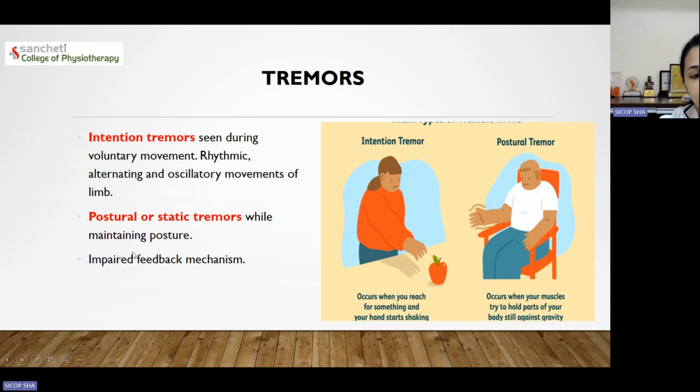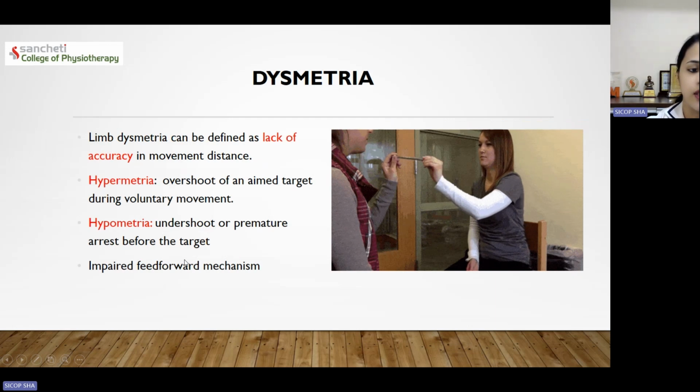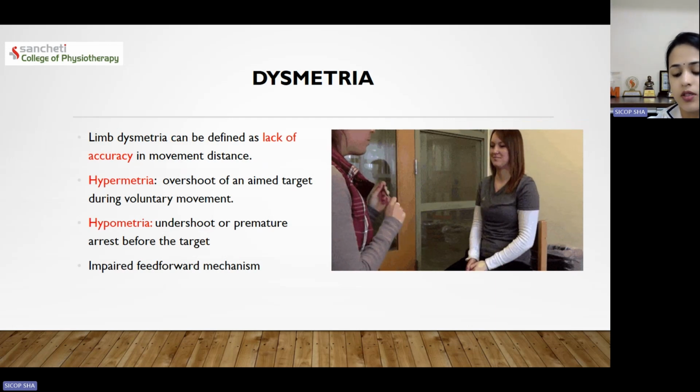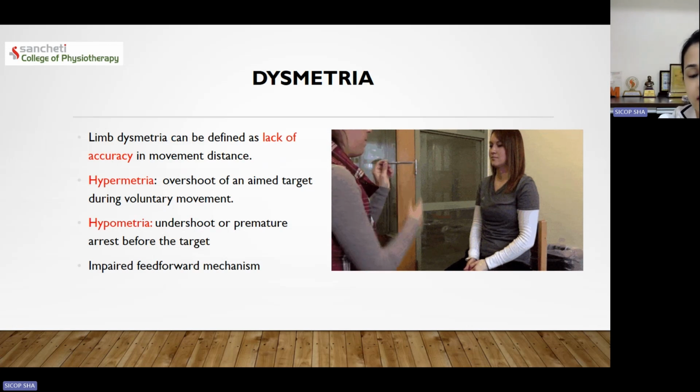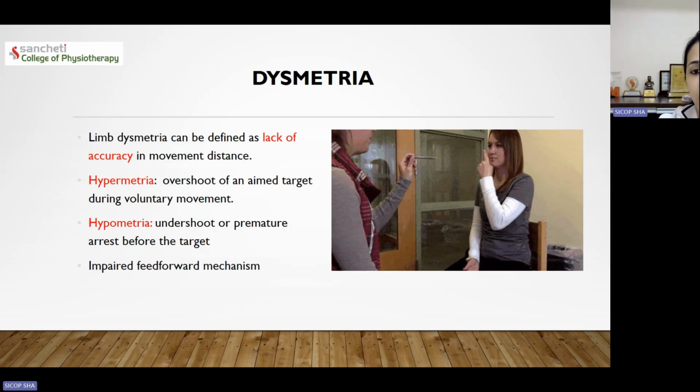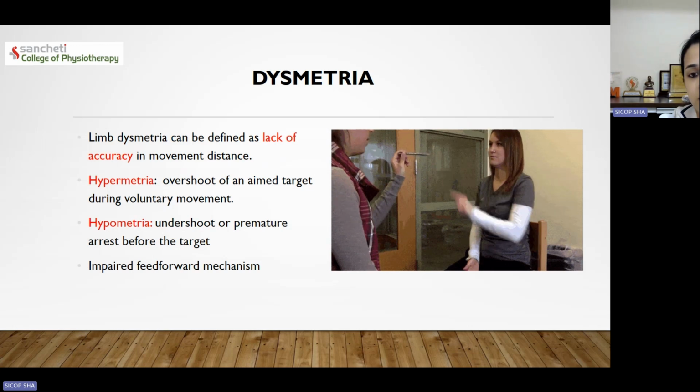Here in tremors, the mechanism that is impaired is the impaired feedback mechanism. We saw that in dysmetria, the feed forward mechanism was impaired. Now, a quick way to assess dysmetria in our patient is, the routine test for this